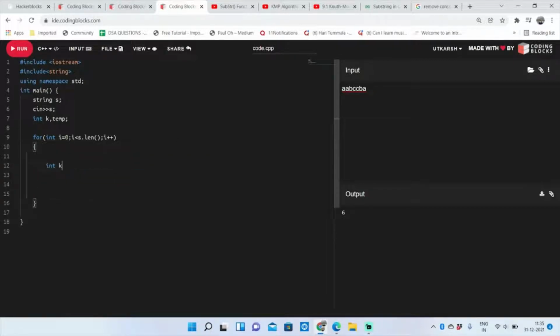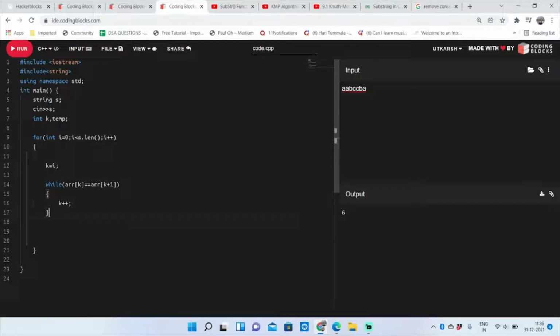Okay. So first I will do k is equal to i. And while there may be multiple letters, while arr of k is equal to arr of k plus 1, then I will do k plus plus.